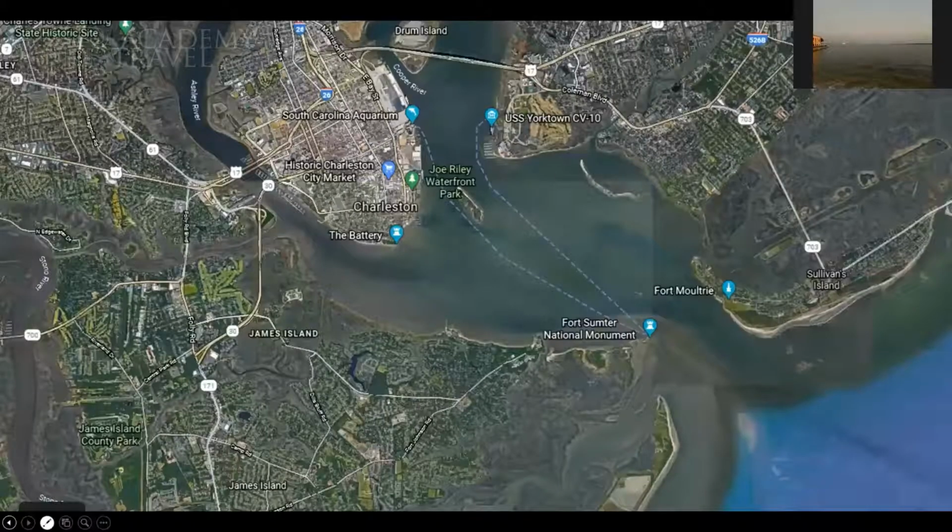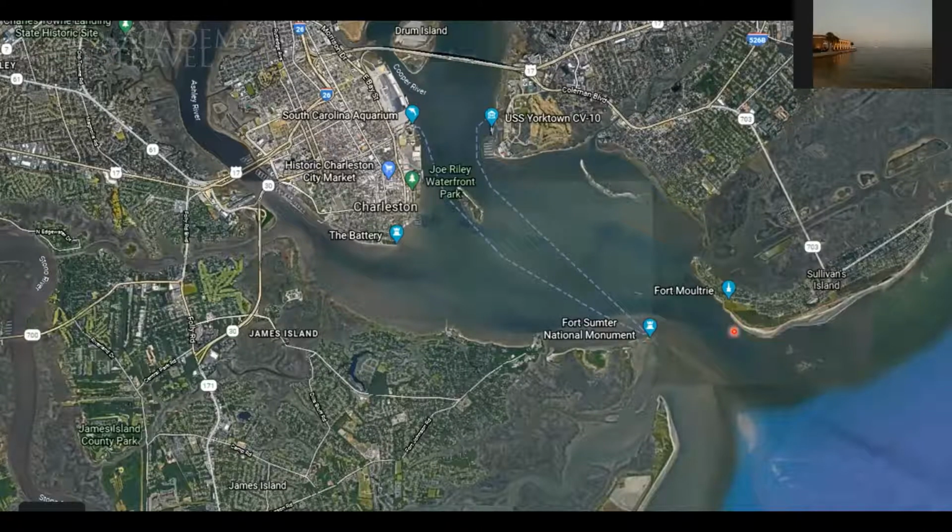Actually, Matthew, I'll just share an image of the harbour from Google, so it gives everyone a bit of perspective of just how big the harbour is. And you see the historic Charleston downtown area, which is where we've just been walking through with Matthew. And quite interesting, that mayor, Joseph Riley Waterfront Park, they named the park after him, and the Battery down on the point. And you see this confluence of the two rivers, the Ashley River and the Cooper River, flowing into this large harbour, which is naturally protected, a narrow opening of the harbour.